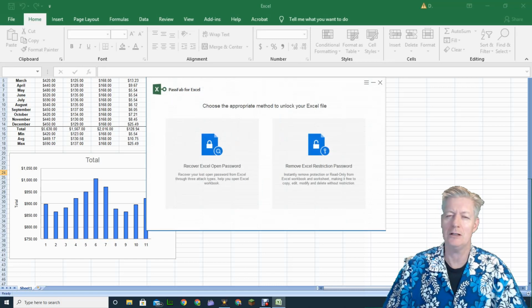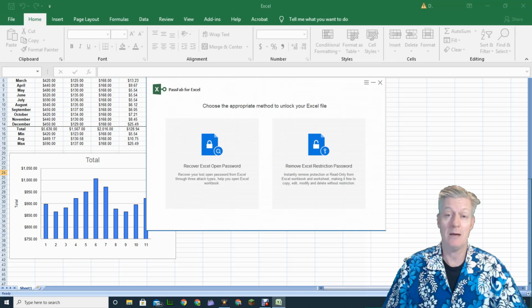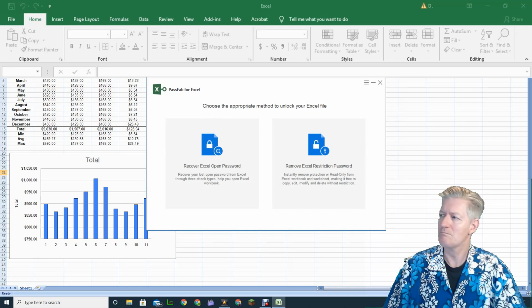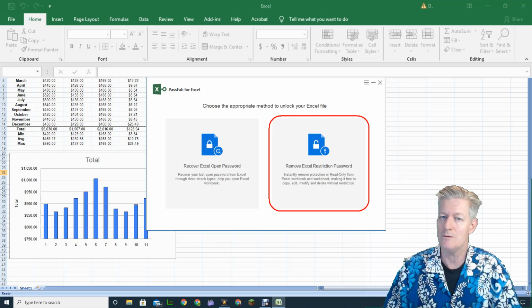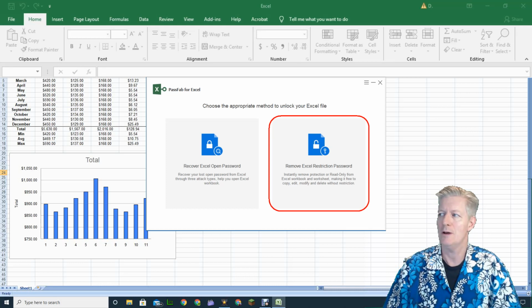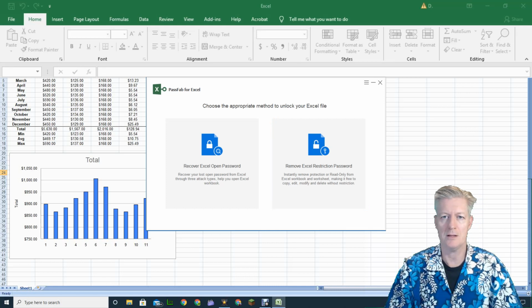Even if you have a very long, complicated password, it is able to recover it for you. And you notice on that second option that you had there in the app, it does have the option to remove any password. So if for some reason you need to remove it, it will do that too. Now just to let you know, Excel worksheets and workbooks have two different types of locked passwords.